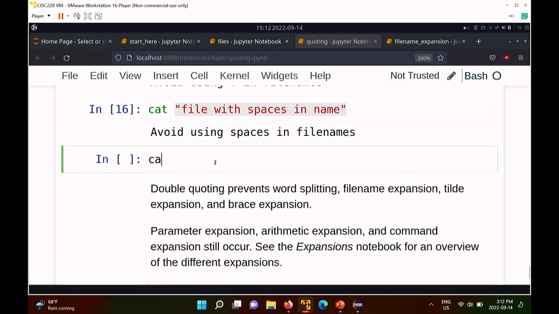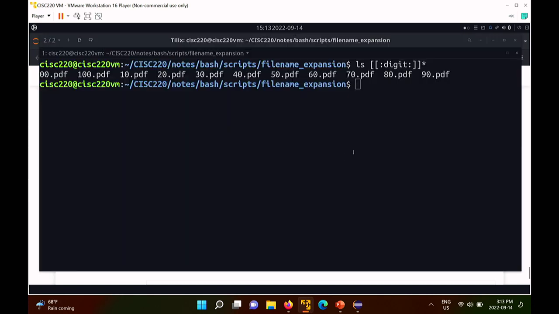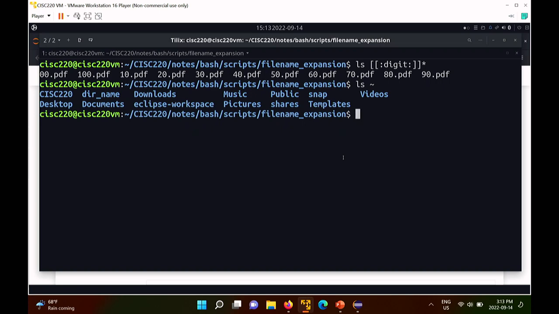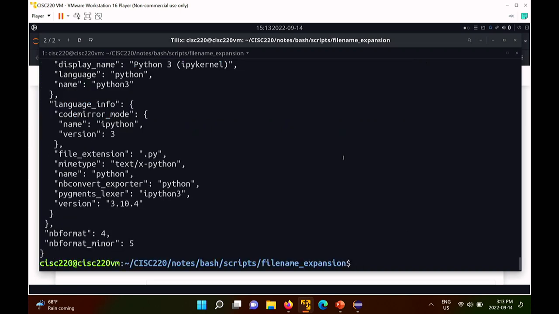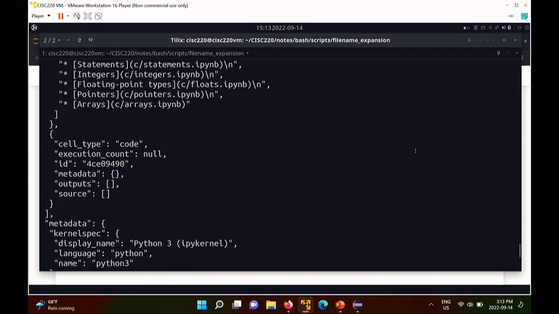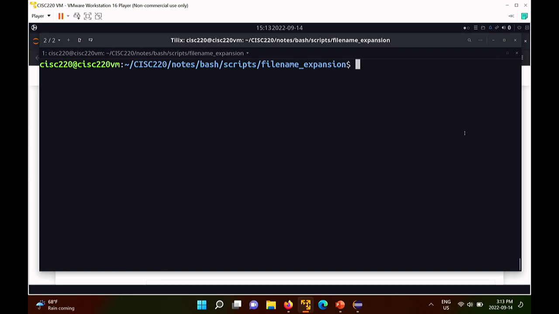So what happens if I try to cat? Sorry, I need the name of a file that's in my home directory. Oh, hang on. I think I killed my kernel. There we go. Let me do this from the command line. Oh, there is nothing there. All right, so try cat tilde CISC220. Start here. Okay, so there's the contents of your start here file. And I did that by typing in that. Now, if you quote the tilde,